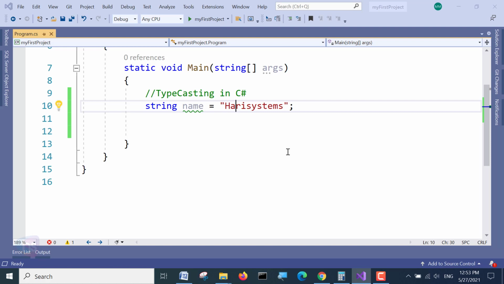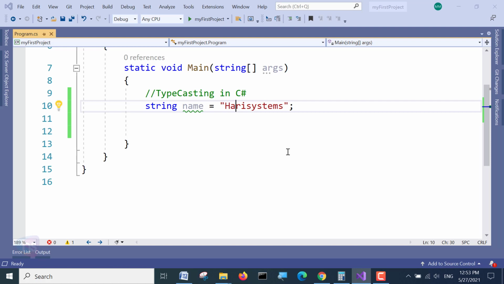But to satisfy our requirement and make the program run perfectly, we need to do some typecasting activities in our programming. So the typecasting concept was introduced in the C# programming language to convert one data type to another data type.